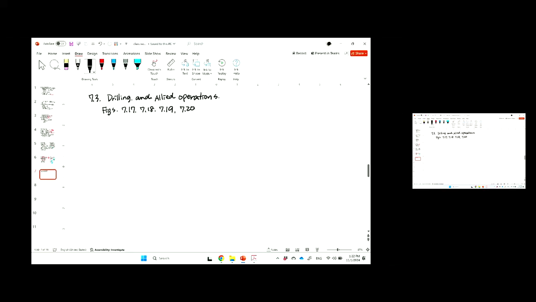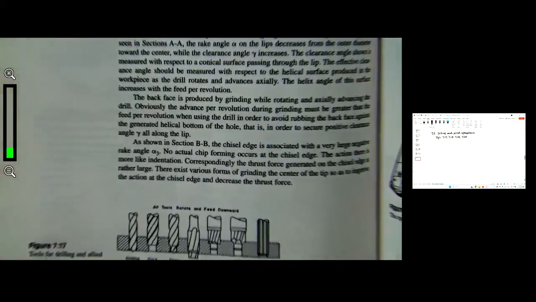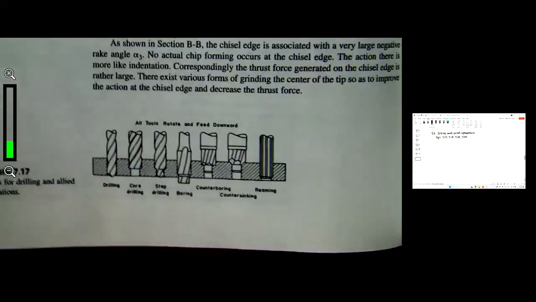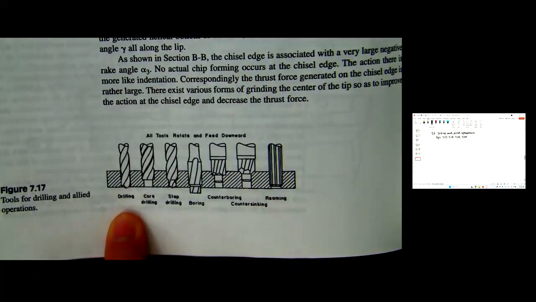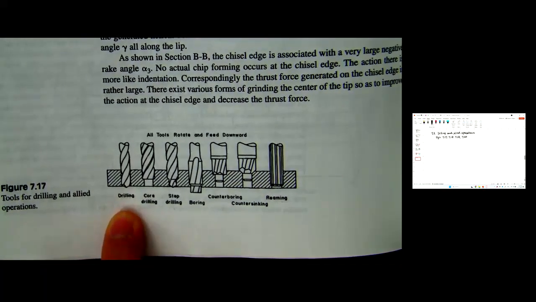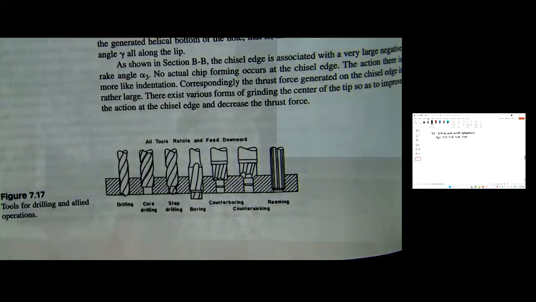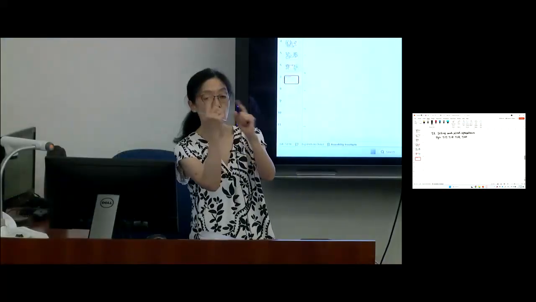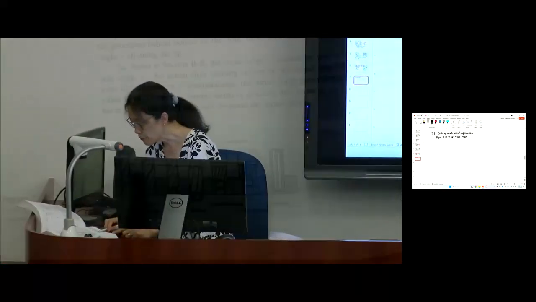So 717, right? That's this, on the screen. It's a little bit smaller. This is the tool for drilling, a simple one, right? Drilling, like a twist drill. You have two cutting edges, and then you just rotate, and then you cut, and then this angle,